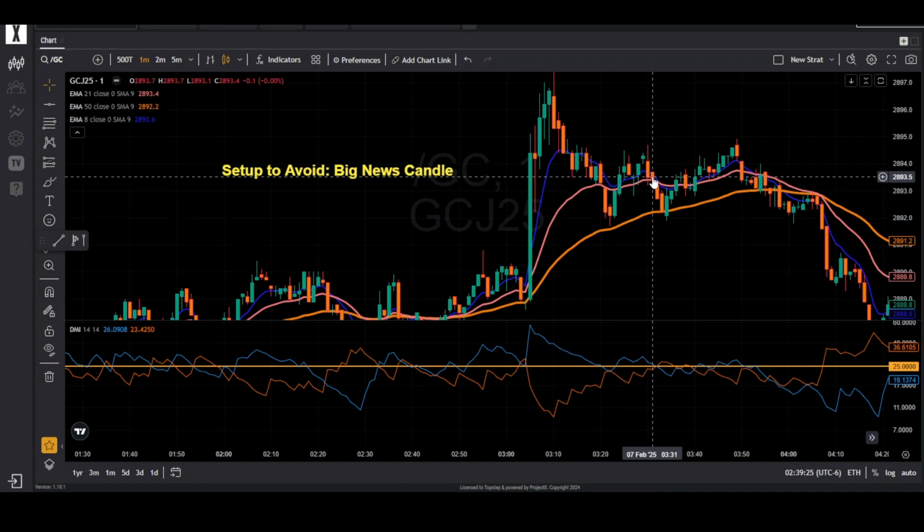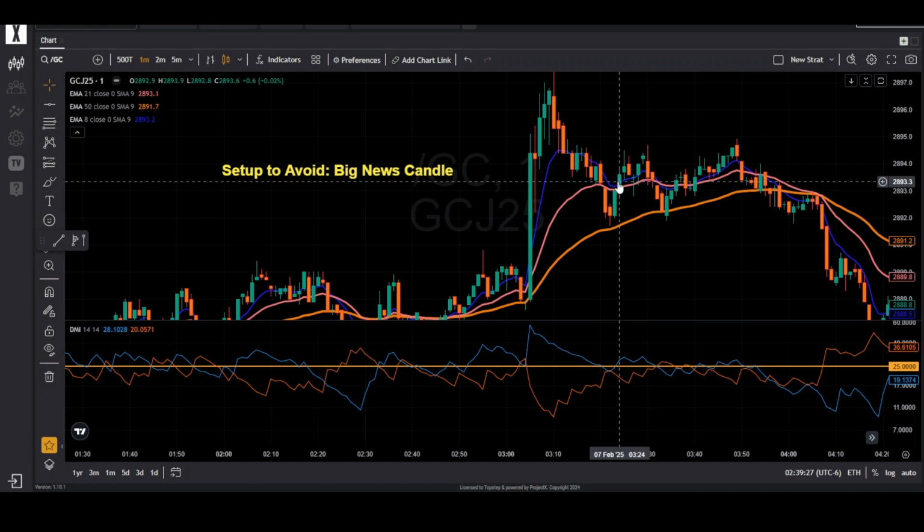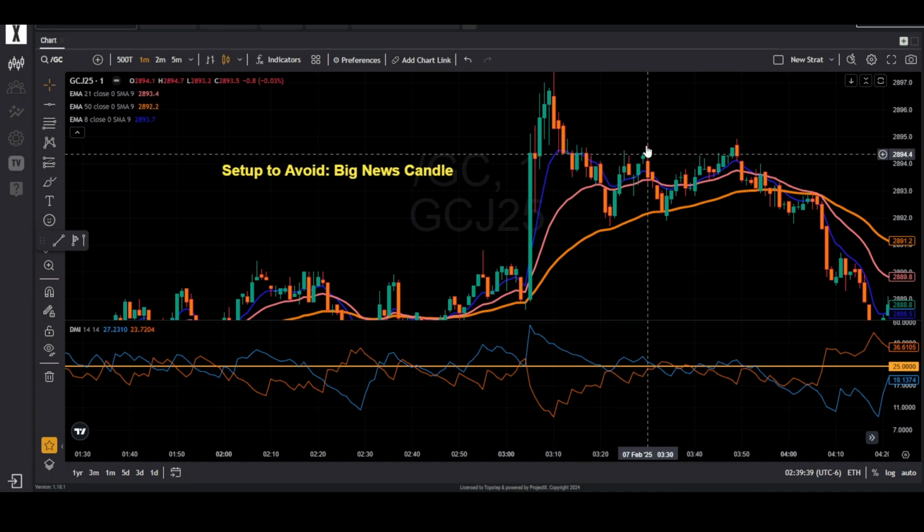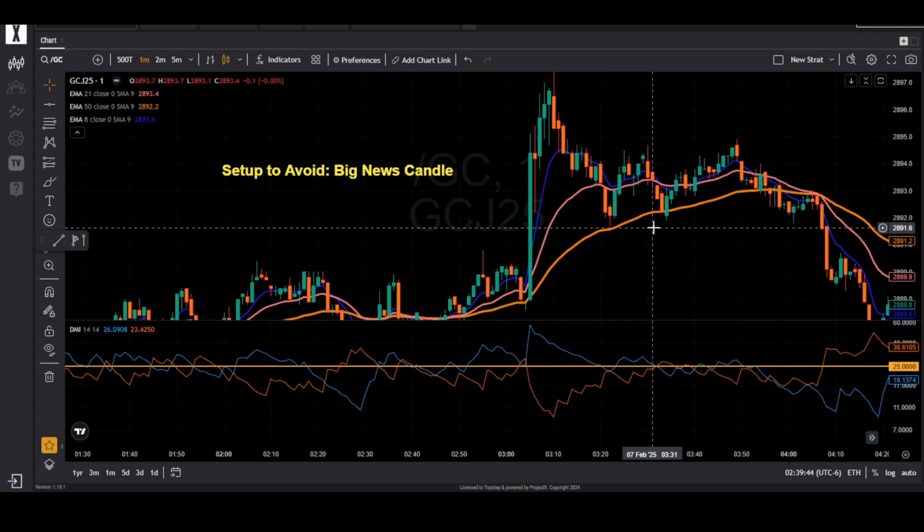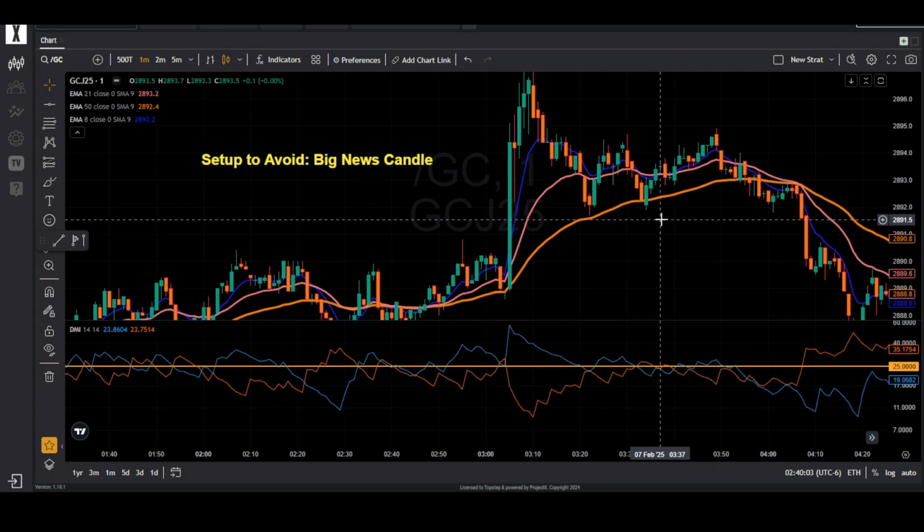After this huge spike, the market does pull back into EMA 21 and EMA 50, but notice what happens next. Let's say we take the position over here: the candle closed above EMA 8, and the DMI value is also increasing. Currently it is 28.102. But afterward, it could not maintain the momentum, and at the end price reversed, so that could hit our stop loss. So avoid trading right after major news events, especially when you see sudden oversized candles. Instead, wait for the market to stabilize and form a clean, structured pullback before looking for entries.